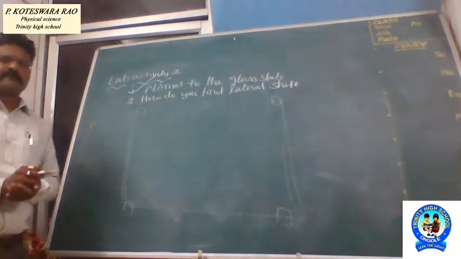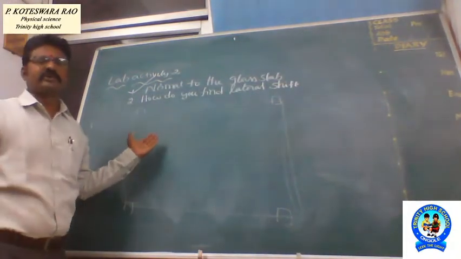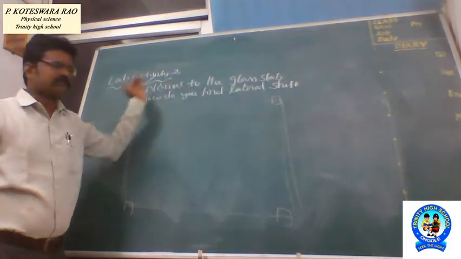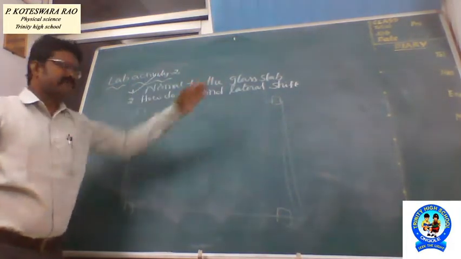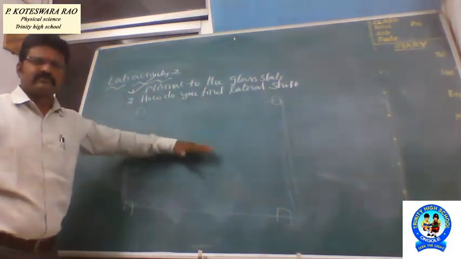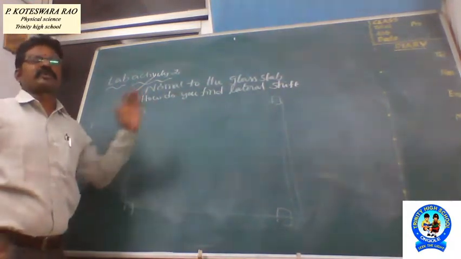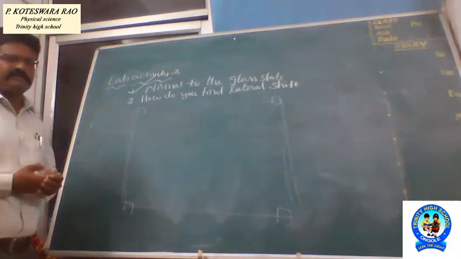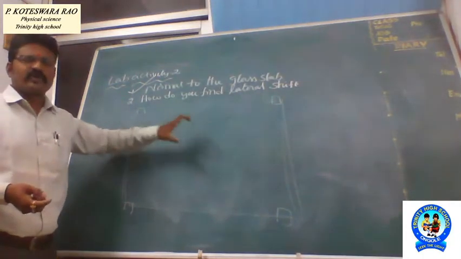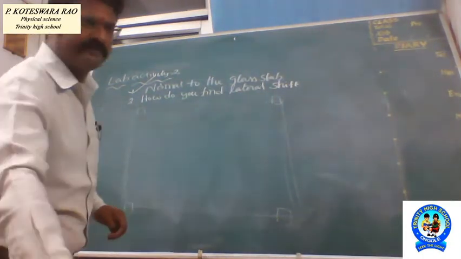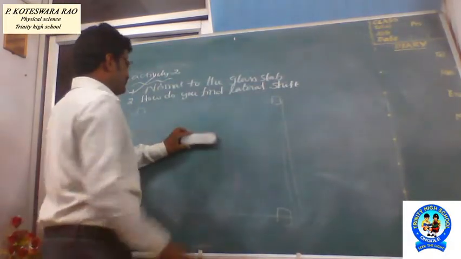Once again, the same materials we require: white chart, cardboard, clamps, and next the glass slab, pins, scale, and protractor. Similarly, once again we take the glass slab and place it at the center